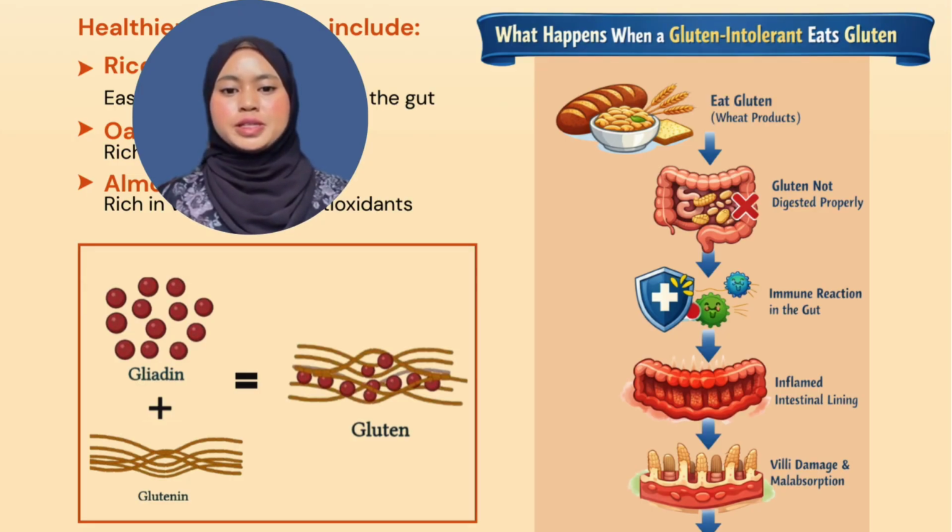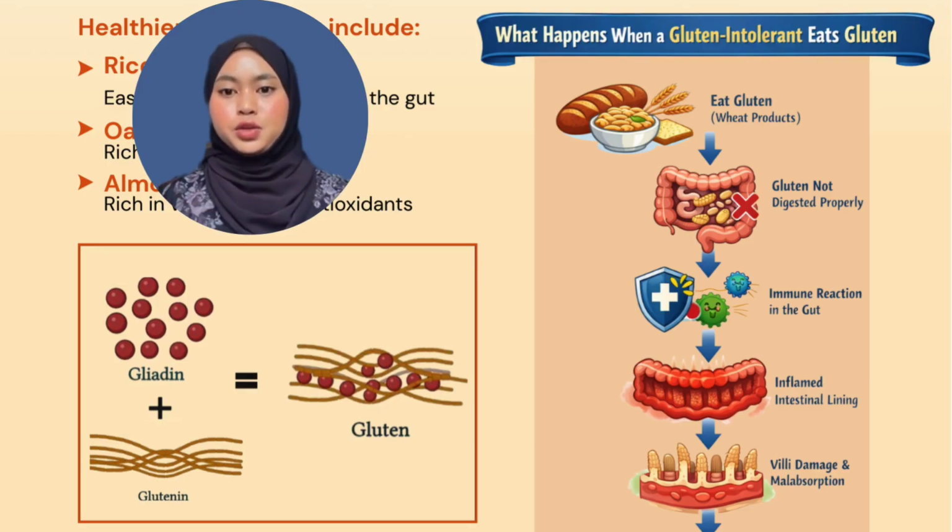Wheat flour contains a protein complex known as gluten, which is mainly composed of two proteins, gliadin and glutenin. Structurally, gliadin is rich in the amino acids proline and glutamine, which makes the protein tightly folded and resistant to digestion. Glutenin, on the other hand, forms long elastic chains that contribute to the strong gluten network when mixed with